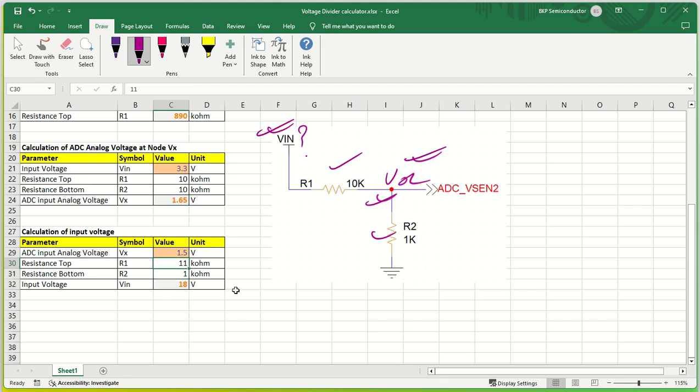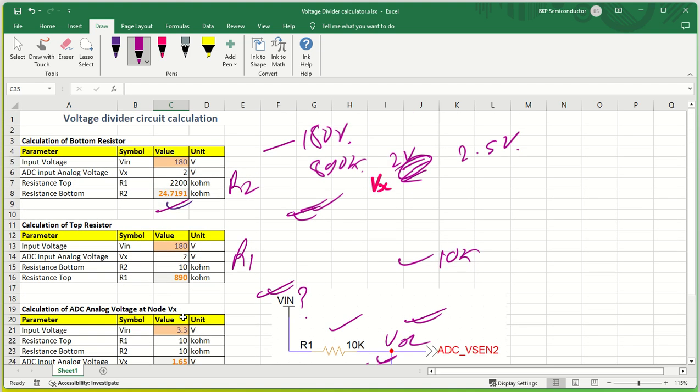Understood? If I want R1 to be 10 kilo ohm, R2 is also 10 kilo ohm, then what will be V input? Both are 10 10, so it will be 3 volt, right? So this is 3 volt. So this is the complete calculation that I have calculated. So this is kind of a voltage divider circuit calculator kind of thing it is, for all the resistor combinations like R1, R2, V input and Vx,